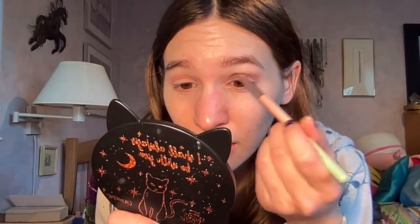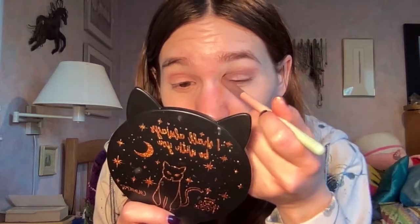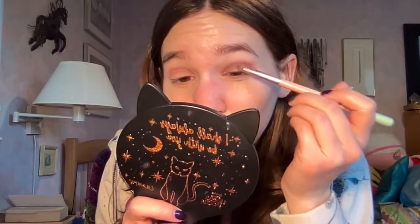Ooh, yes. This shade reminds me of the lighter toned one. Oh god, that is really pigmented. Probably shouldn't have taken that much. My brush is so stiff. I swear, after I wash this brush, it really takes a long time to soften up again, so it's a little bit harder to blend out shades with it. But I'm probably just going to go over it with the